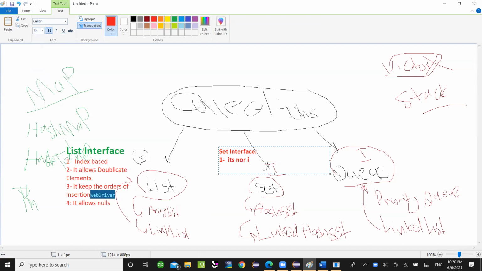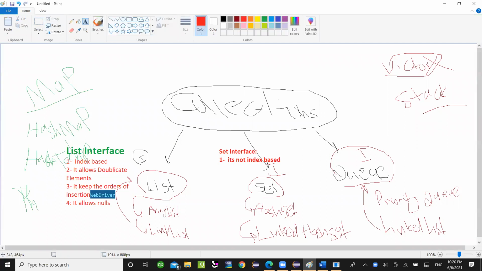It's not index based. There is no index. When we talk about index, with a list we can get the value by index. So I want to get the value from index 10, index 5. So when it's not index based,